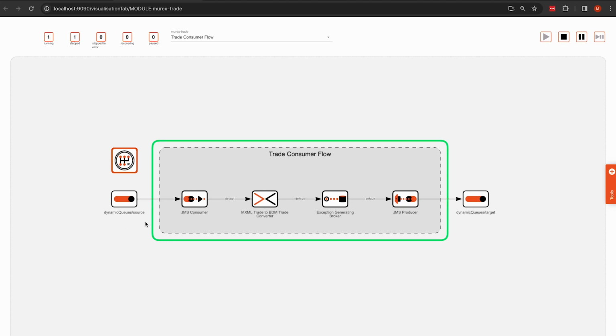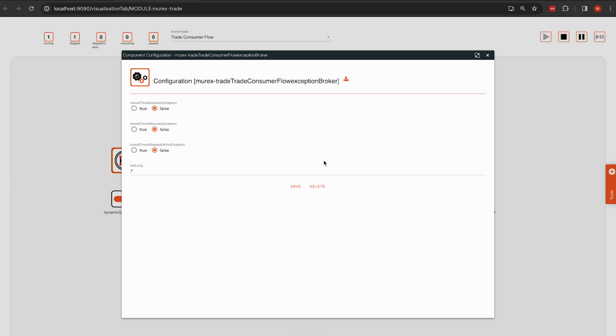And this flow is simply consuming from a source message that the trade generator publishes onto via a JMS consumer. It's transforming that trade message into a different format, and then we have this component here which is of interest to us. If I look at the configuration, it allows us to configure it to throw exceptions of certain types that will either be excluded, cause the flow to go into recovery, or cause the flow to go stopped